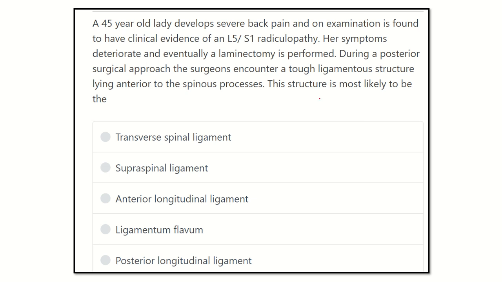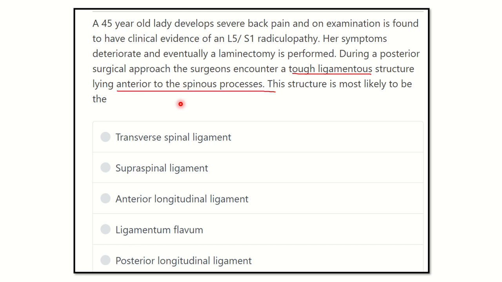So in this question, they want to know about a tough ligament present anterior to the spinous process, and we have to find out the name of this tough ligament. Here the options are transverse spinal ligament, supraspinal ligament, anterior longitudinal ligament, ligamentum flavum, and posterior longitudinal ligament. So we have to find which ligament lies anterior to